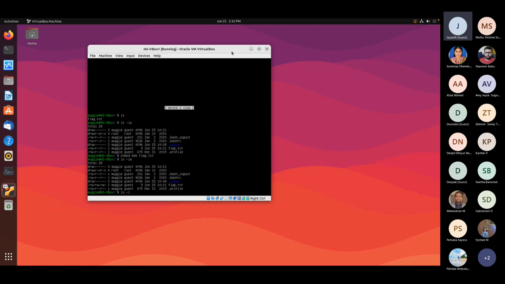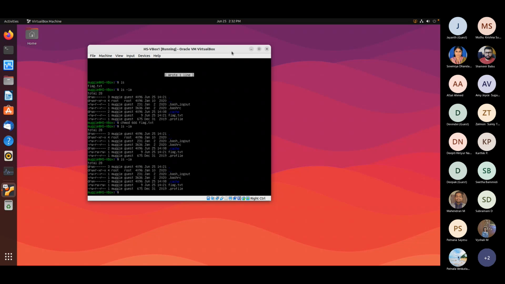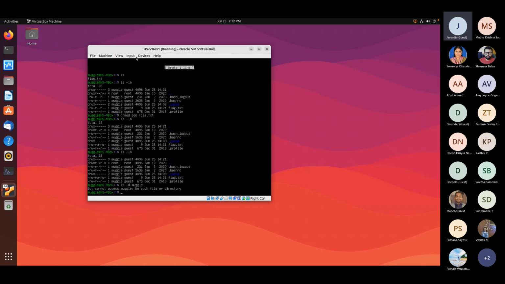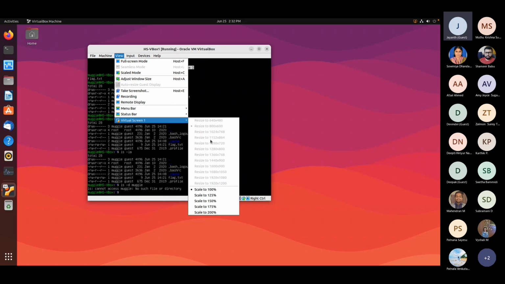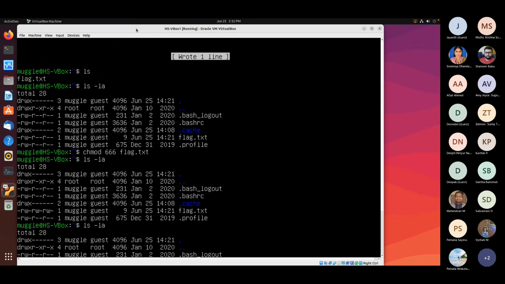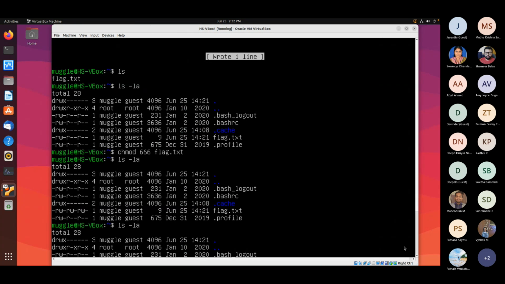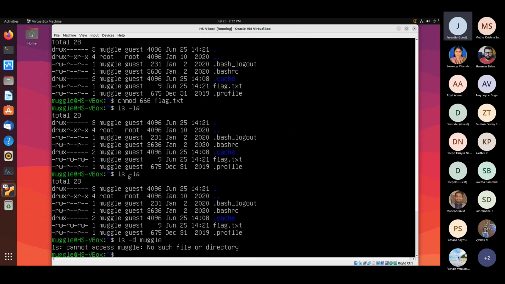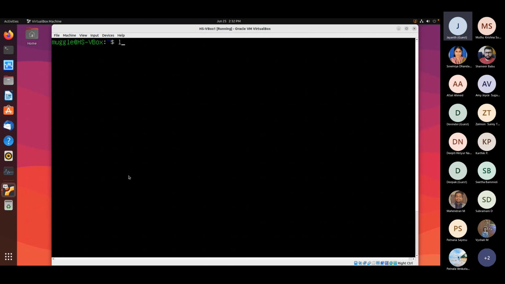So ls -la or else ls -d muggle. So let me increase the size of this window so that you all can see it clearly. Let me clear the screen. So this is the content of the file, which is readable, but we must give permission for everyone